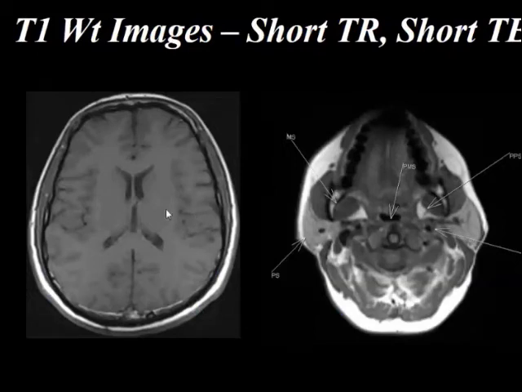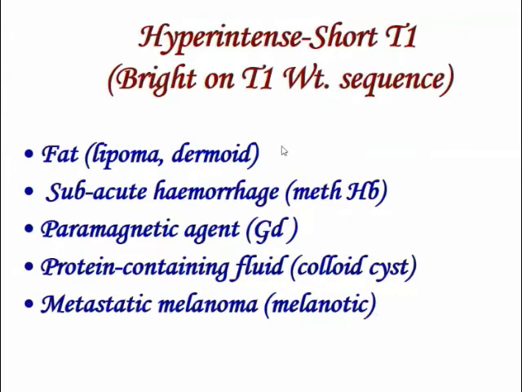Now, let's look at a few structures around it. This is CSF within the ventricle, but if you look at the scalp fat, the fat is looking white. You see the fat within the neck, it is looking white, but the CSF is looking black. So there are certain structures which can appear white or hyperintense on T1 weighted images, which you should not mistake for abnormality. The first and foremost is the fat, which appears white.